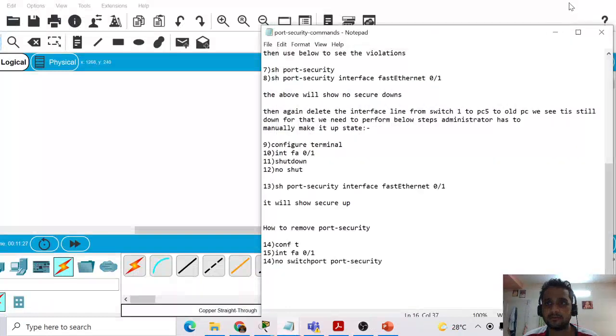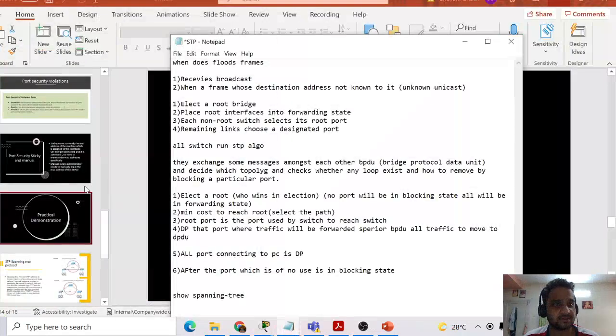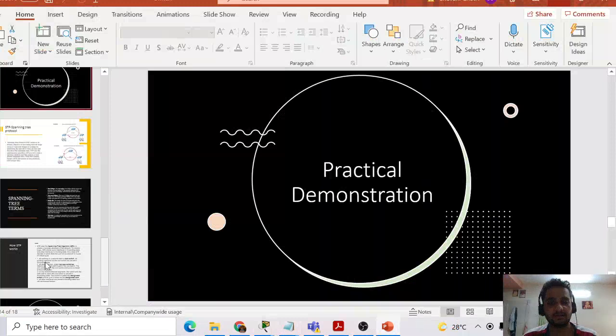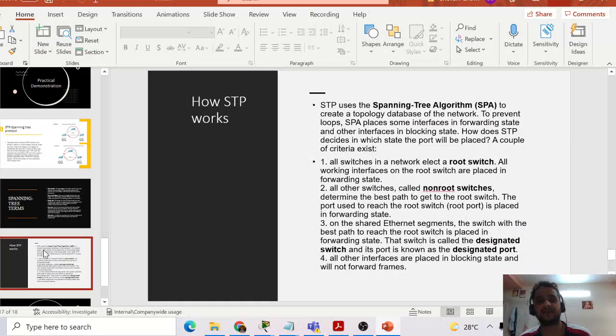Now let me go to the next one, which is spanning tree. Spanning tree uses a spanning tree algorithm to create a topology. All switches in a network elect a root switch, and all working interfaces on the root switch are placed in forwarding state. All other switches are called non-root switches.